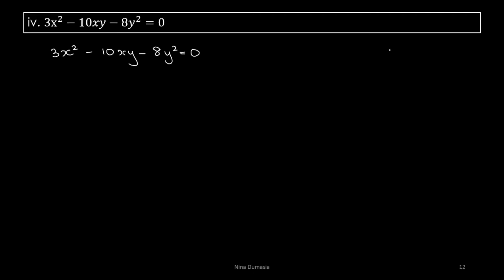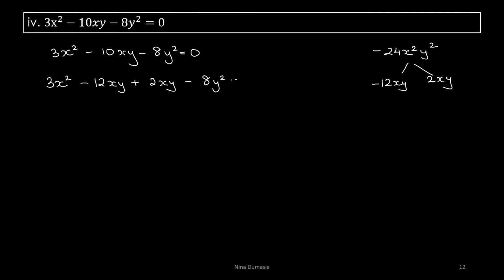I am actually splitting 3 into 8, that is 24x square y square, as 12xy and 2xy. The sign of the multiplication is also negative, and then we have to take minus for the middle term as well, so we get minus 10xy. So therefore on substituting we get 3x square minus 12xy plus 2xy minus 8y square is equal to